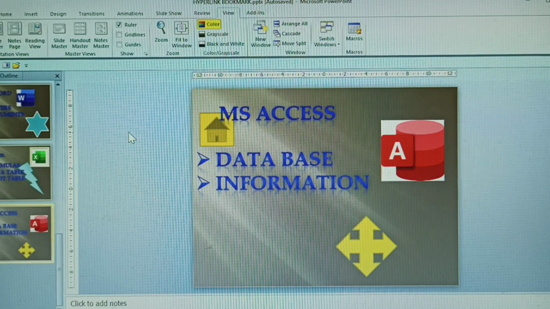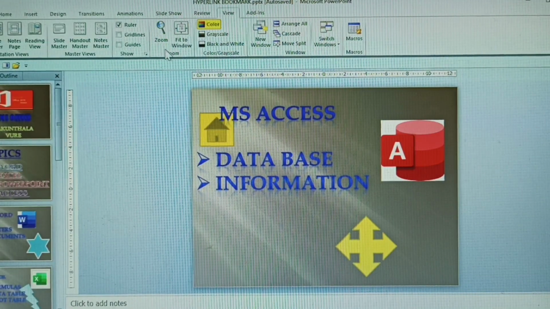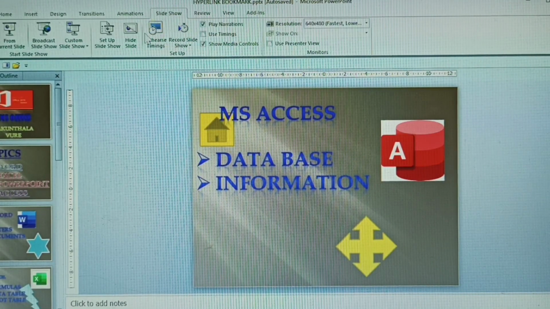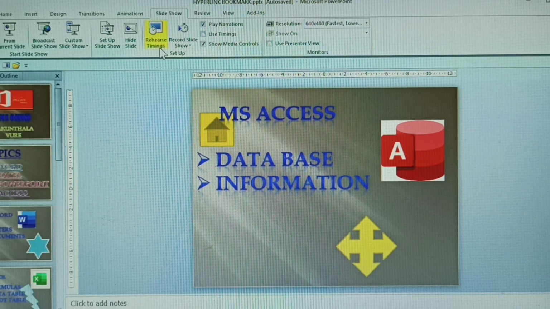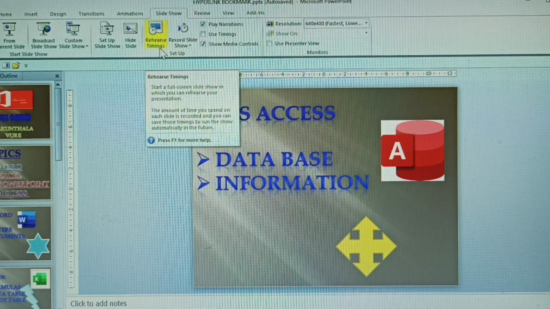Okay, this is the slideshow with reference timings. Reference time is useful: the amount of time spent on each slide is recorded, and you can save the timings and show the slides automatically in the future.